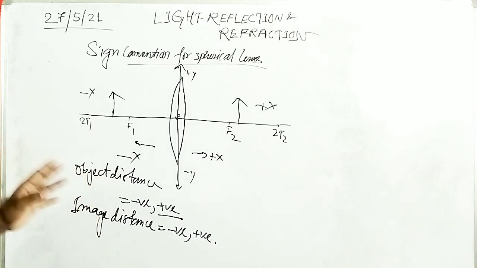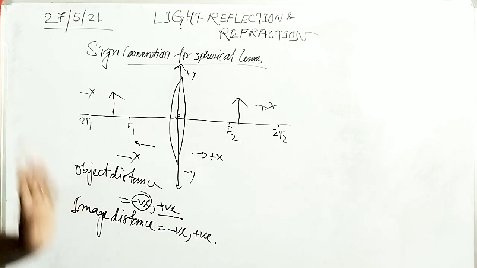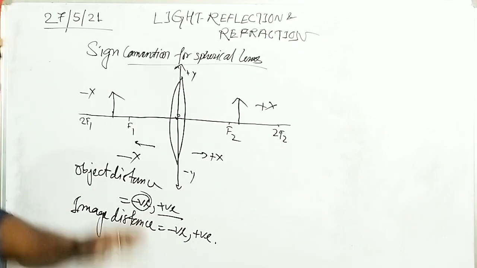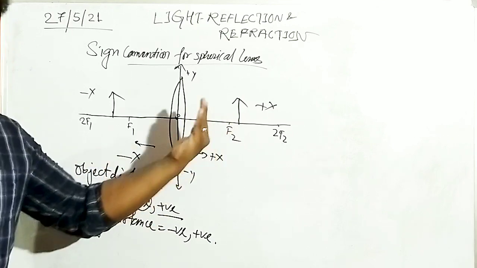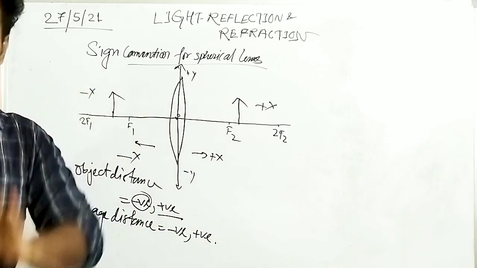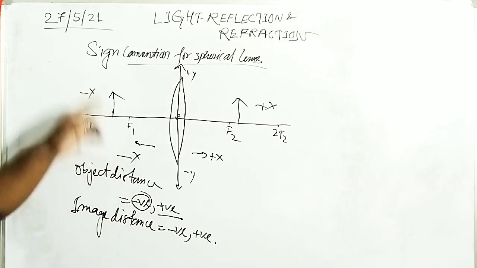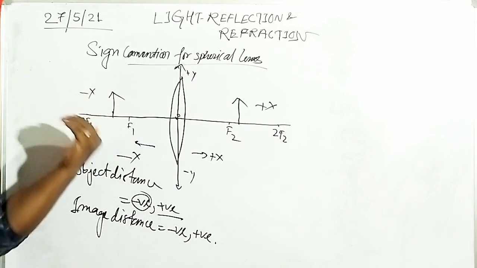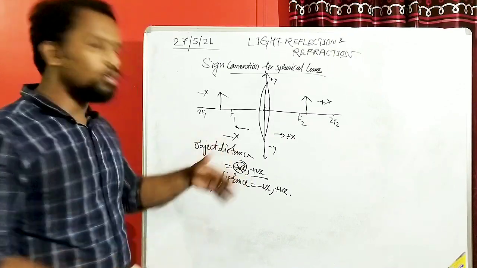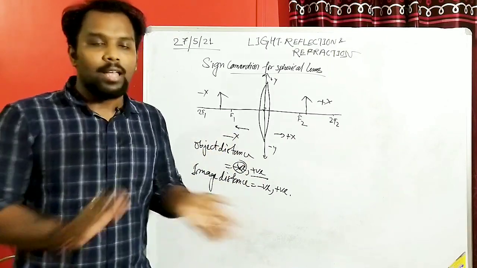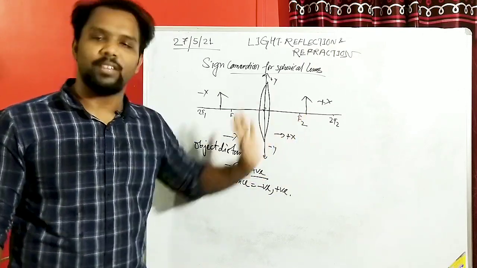So we are not going to consider this negative part in the case of the object distance. I am just telling you this to help you understand. It is possible to place the object on the right side too, but in your syllabus we are always going to consider the object in the left side direction. So we will not consider this one for your class 10 syllabus. But this is not impossible. It is possible to consider the object on the right side too.